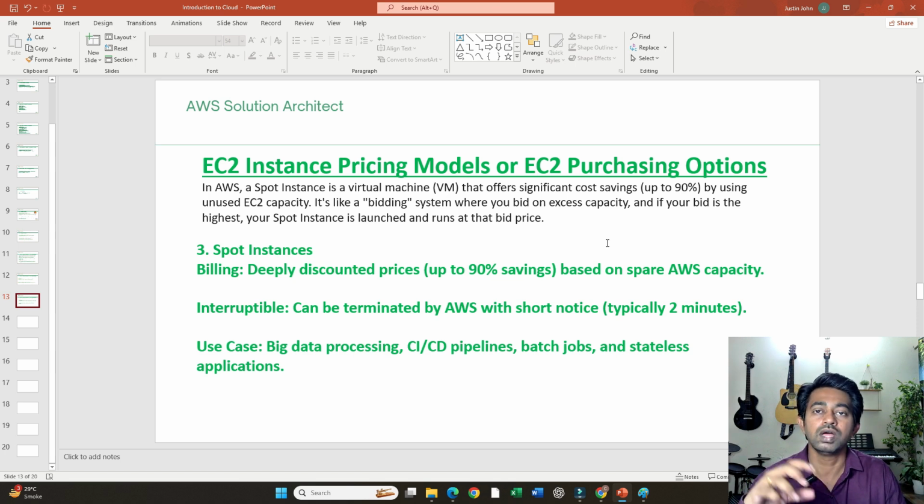It's like a bidding system. So you can tell the system that this is the specific price that I want to pay. If that particular price is higher than this, don't give me a spot instance. But if it is lower than this, then you can configure a spot instance for me. So the only challenge is that if you run a development environment or a development application or something on this spot instance,